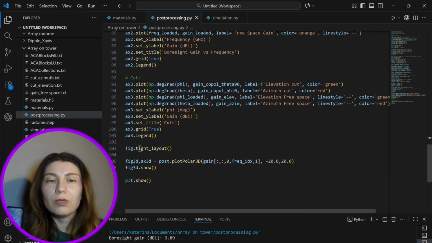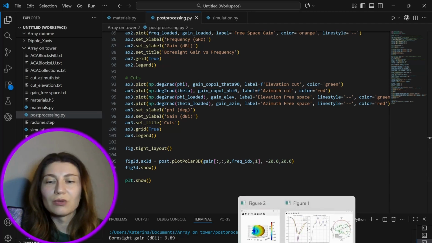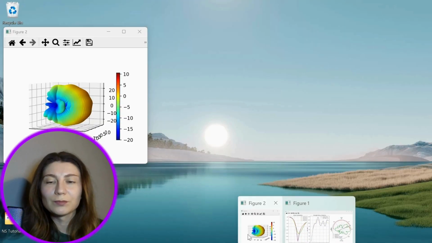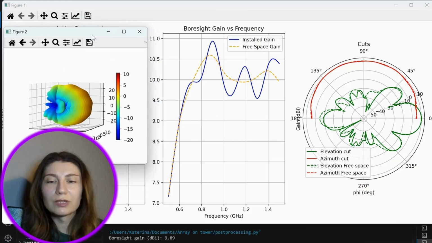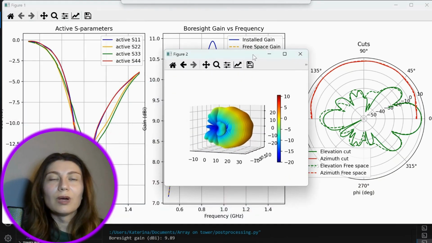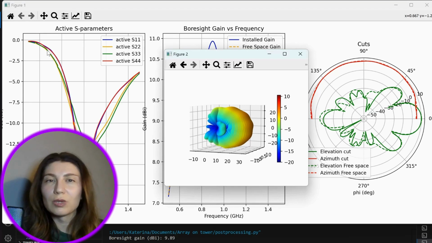Then I plot them, and in the end, it's always interesting to look at 3D radiation patterns. So this is what I plot here. Let's look at results. What we see here is that active parameters are quite similar to what we had before. Resonant frequency is there. Levels are a bit lower,